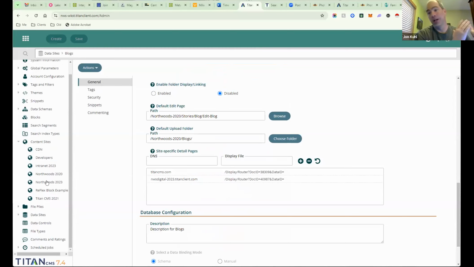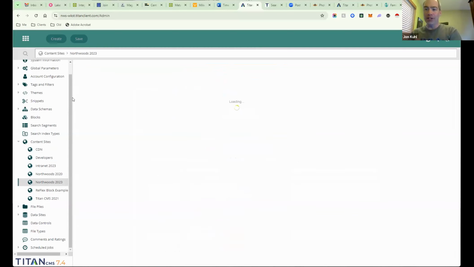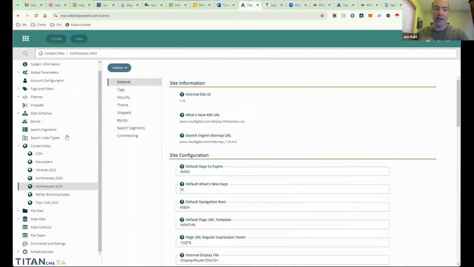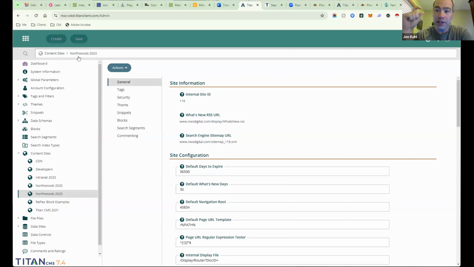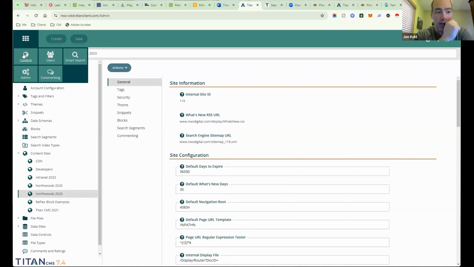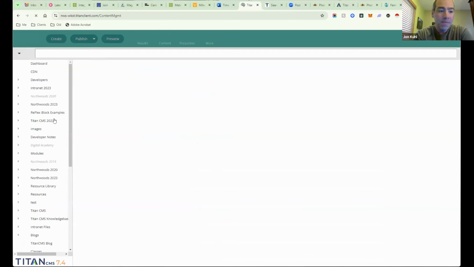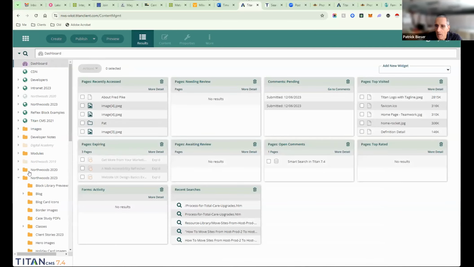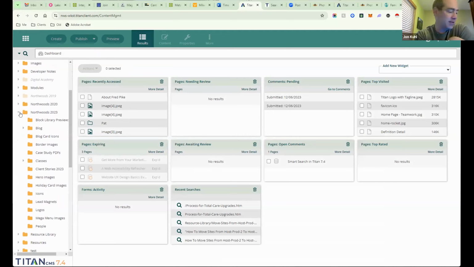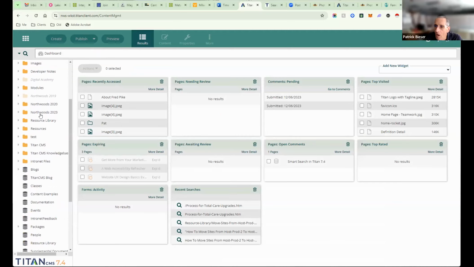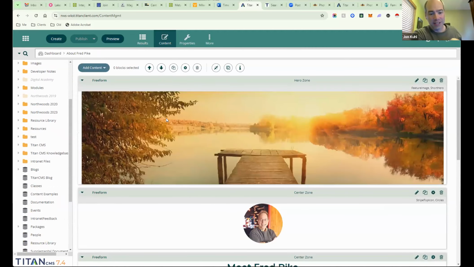But let's say you're persnickety like me, and I want my images in my folder, right? I got a Jon K folder, and I want to control where mine go different from what the admin said. Well, if you're in the WYSIWYG editor, there's a utility that you can open up. So maybe go ahead and go back to that, Patrick. Find that Fred page, which is right in your recently accessed. Where are we? Recently accessed about Fred Pike. There it is. Look at that. How handy. So if you go back down to that freeform,